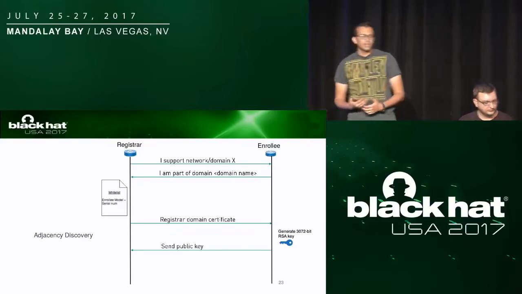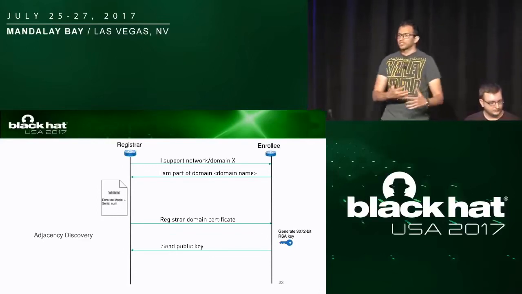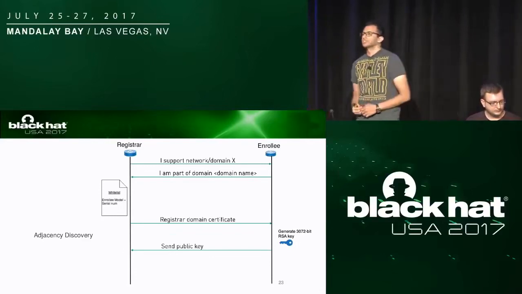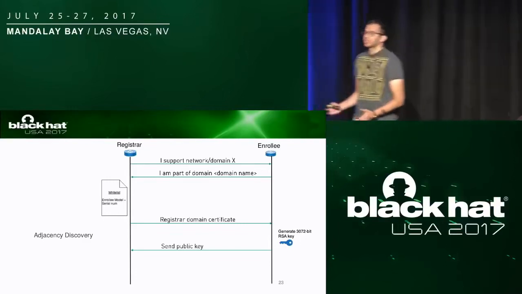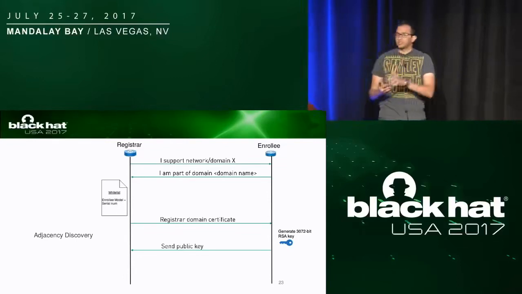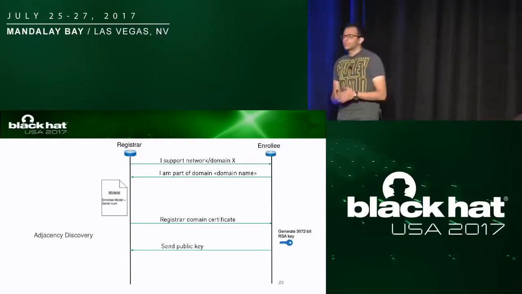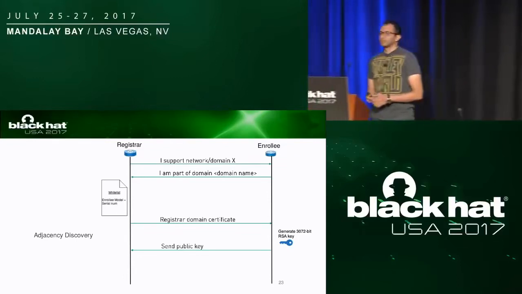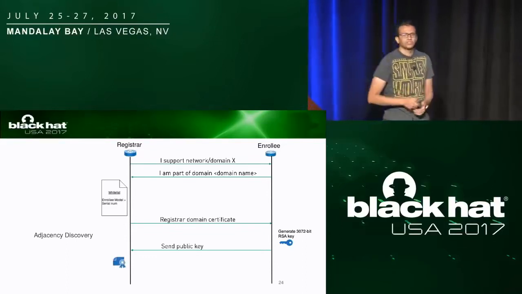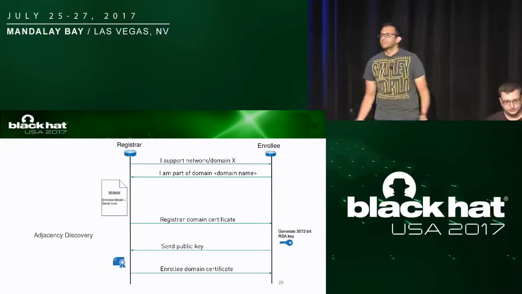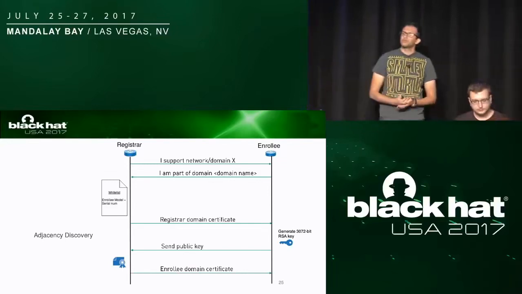In this scenario, if you have a small network, the register can be the one responsible for issuing the certificates for you. If you have a bigger network and you have a certificate authority within your network, well, you can just make the certificate authority issue the certificate for the new device. And finally, once we issue the certificate for you, we will send it back to you.